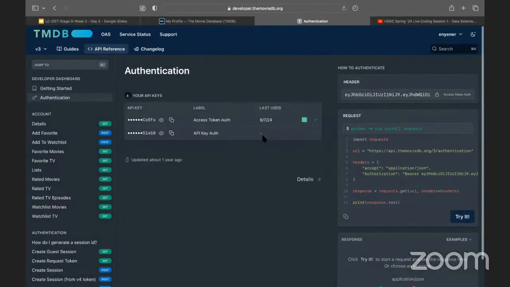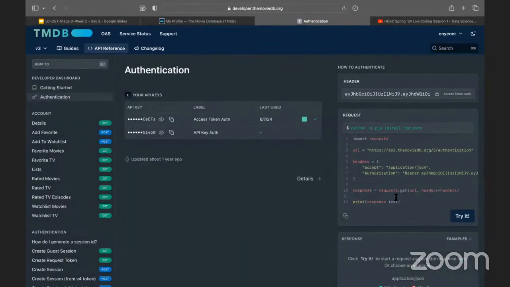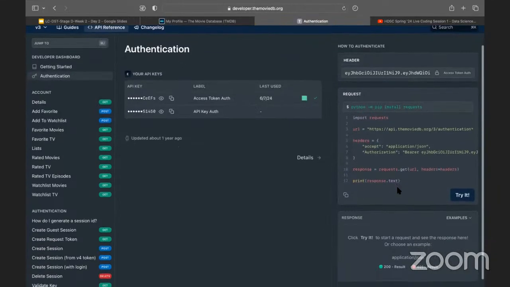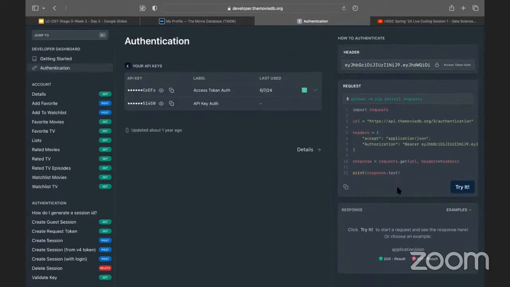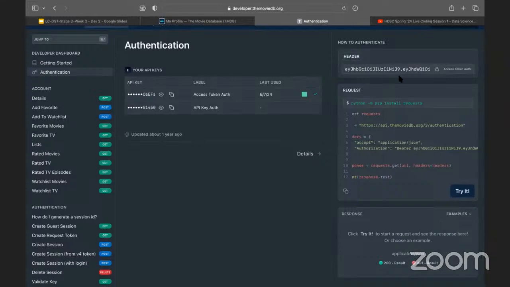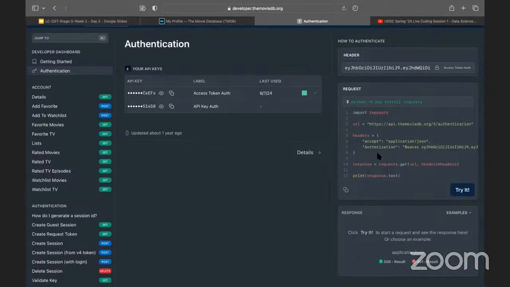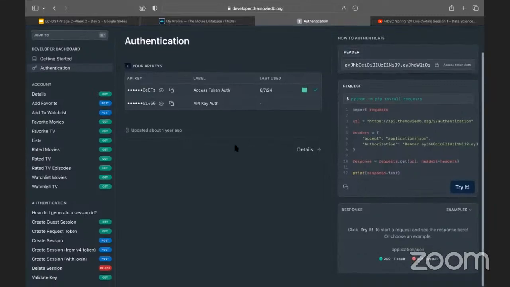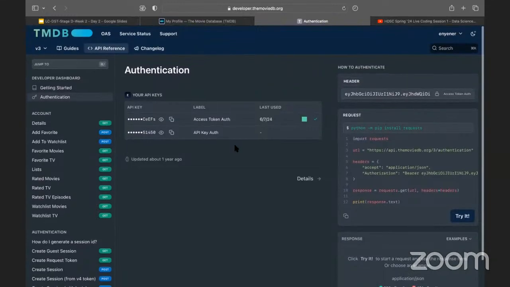So with authentication, if the retrieval of your data is part of your software process, it's not advisable at all to expose this. So I'm doing this here. Everyone can see my API key, but I don't mind because it doesn't have much